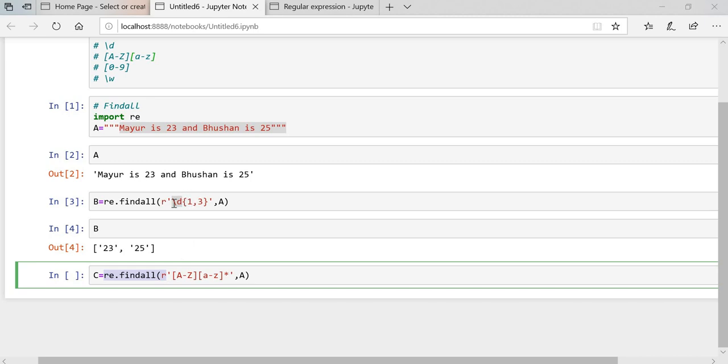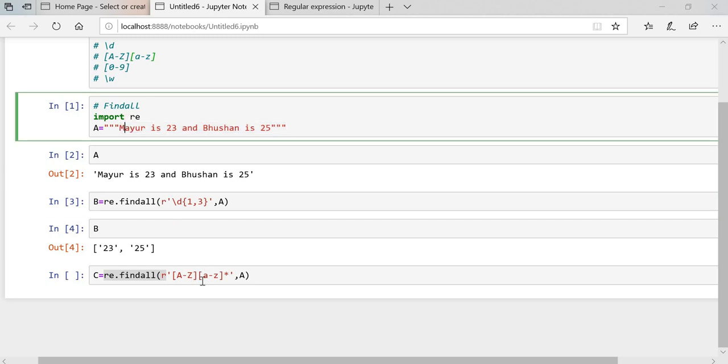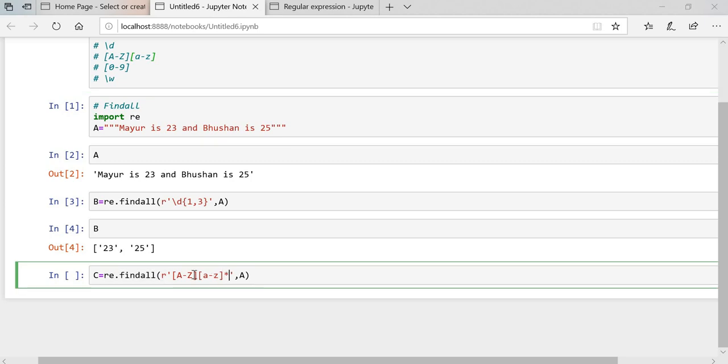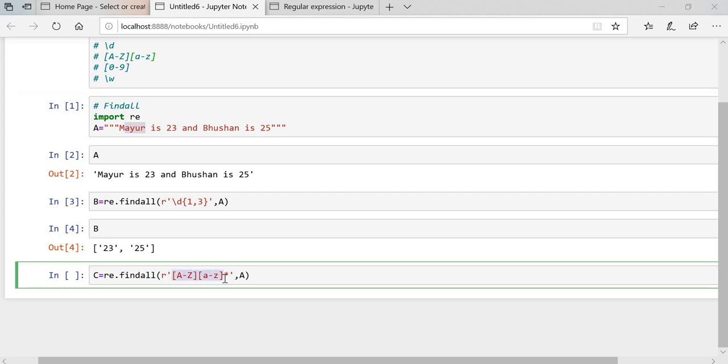To fetch the integer value we put slash d here. To fetch the string value we need to put capital A to capital Z, small a to small z, and this star. See, in Mayur the M is capital, that's why I have put capital A to capital Z. The remaining letters are lowercase, so I have put small a to small z. Likewise we put this one, from where we have to fetch the value, from a. Okay, we'll execute this one.